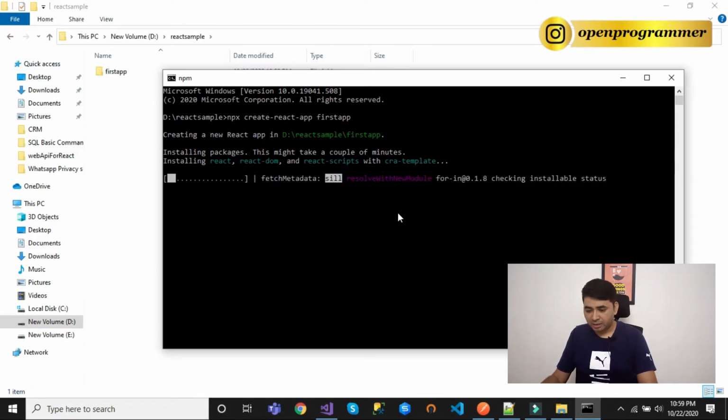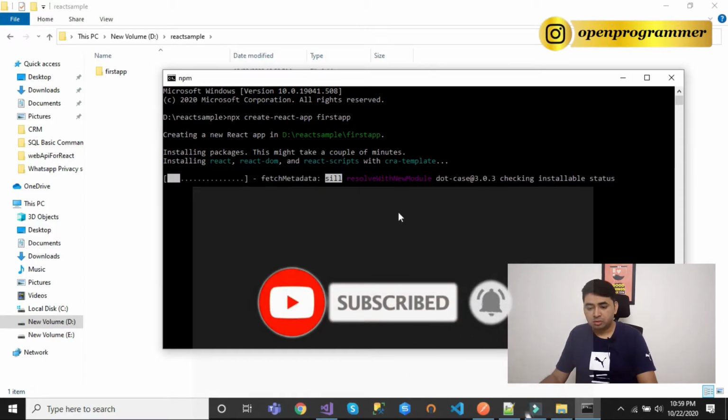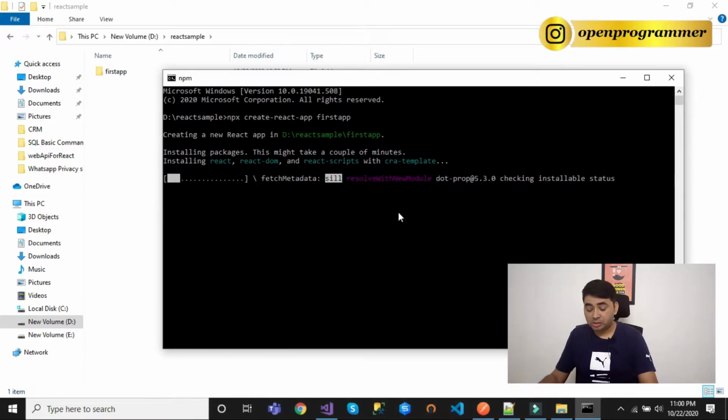It will take some time to install because it will install all the required files and folders, as well as all the dependent files which we will use to create our first React app, and also the Node.js dependency files which will be used to execute our JavaScript files, the JS files.